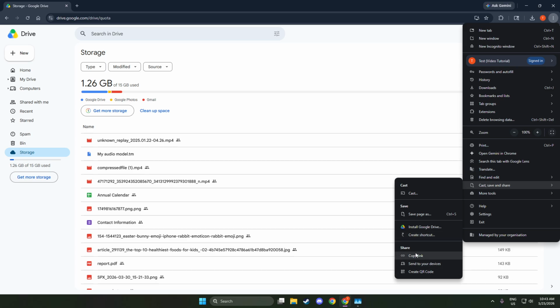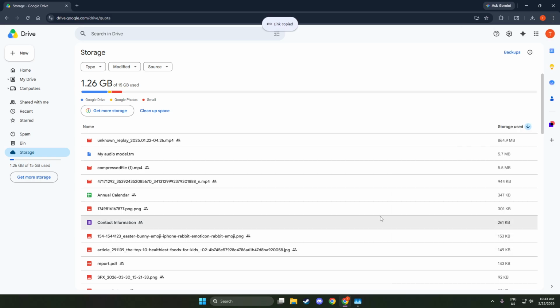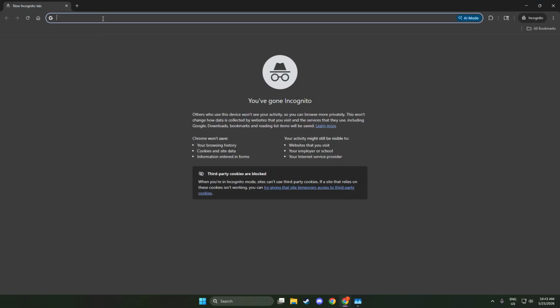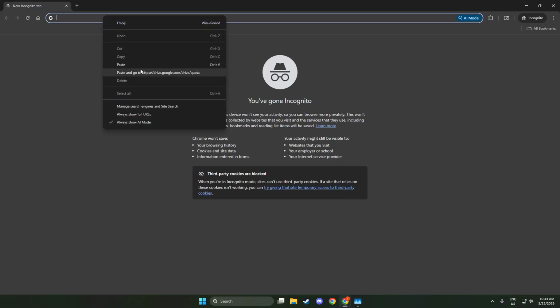From that menu, choose Share, then select Copy Link. Share opens a small panel with different ways to pass along the page. Copy link is the one that places the page's web address onto your clipboard. You may see a quick confirmation that it's copied. That's your sign that the exact URL for the page you're on has been captured and is ready to use.